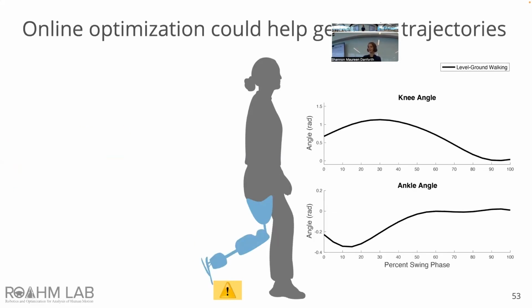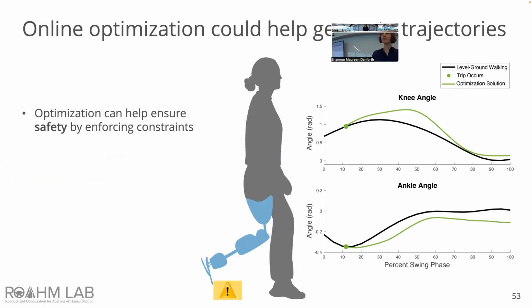So given these challenges, it seems like online optimization could help generate these reference trajectories after a trip. If we know the current human prosthesis configuration right as a trip occurs, we could use optimization to generate those knee and ankle reference trajectories that give the human the best chance at successful trip recovery. And so optimization